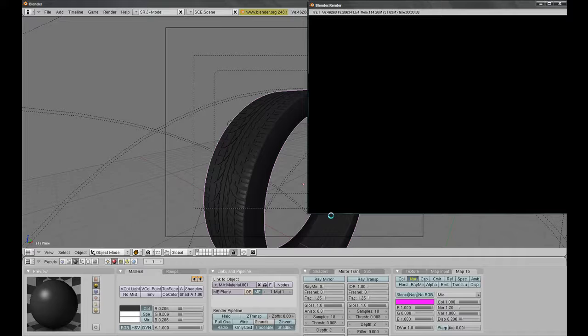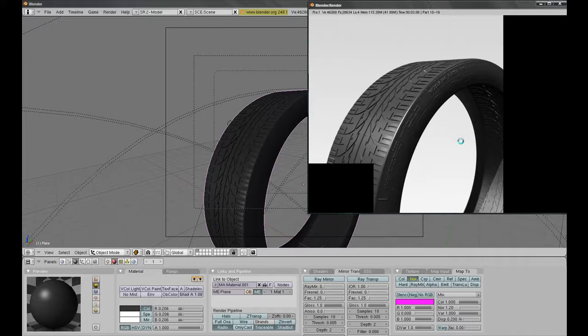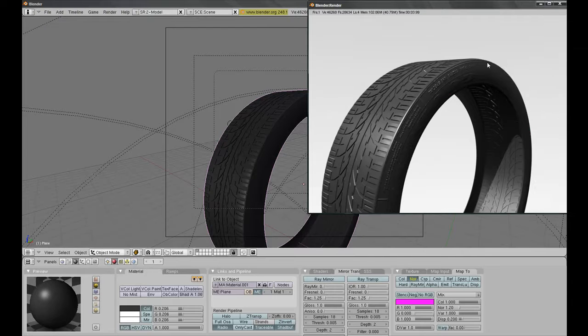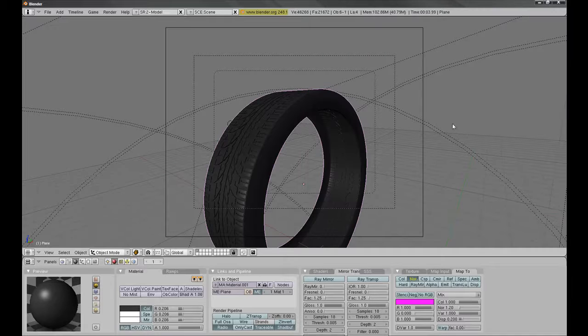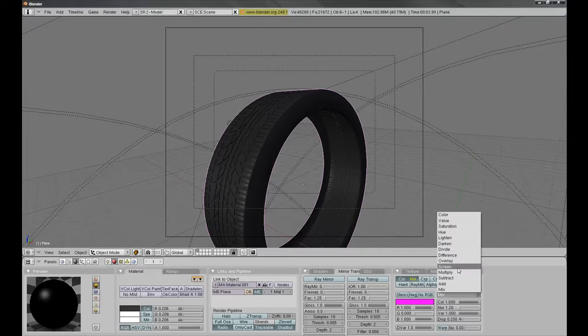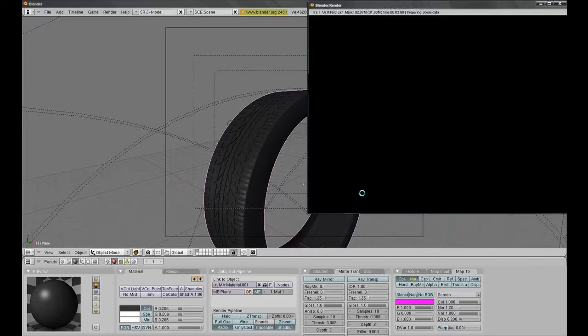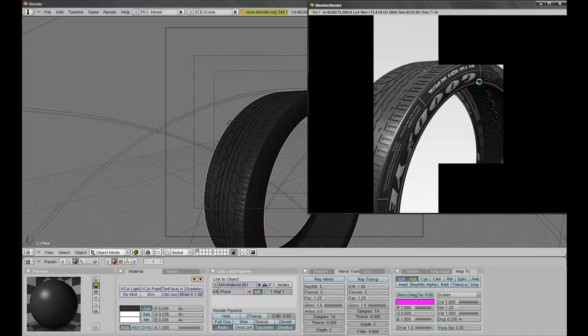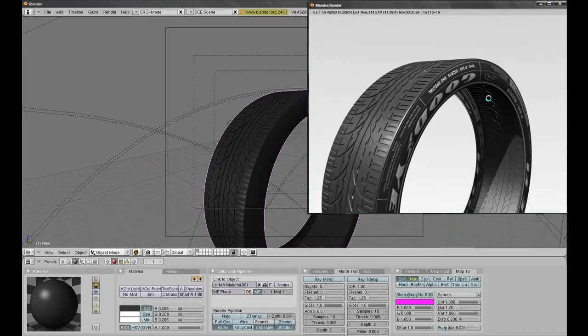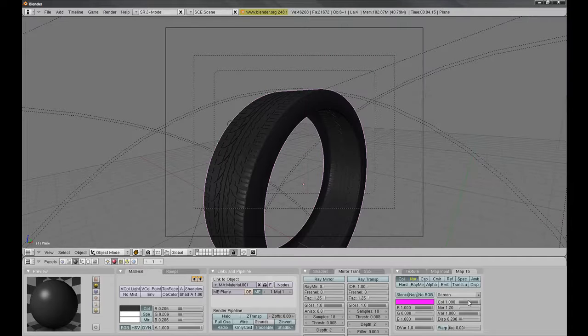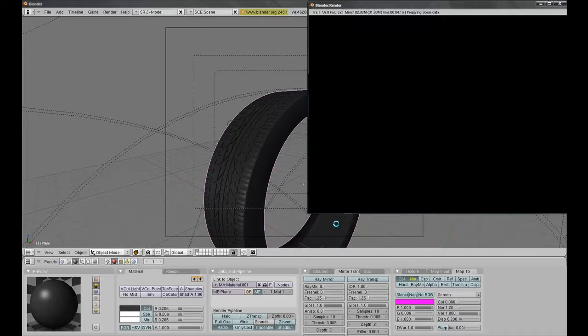If we change that and have a look at it, in some angles you will not be able to see the bump map there. Now to change that, what we're going to do is turn on color and change the screen mode to screen. Now if we render this now, you'll see that it's completely white where the bump is. We're going to turn that down to around about 0.06. If we render that now,